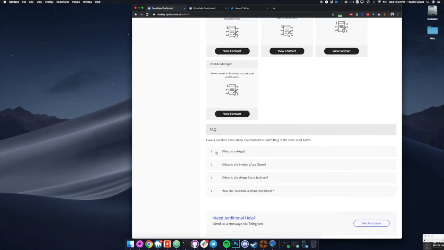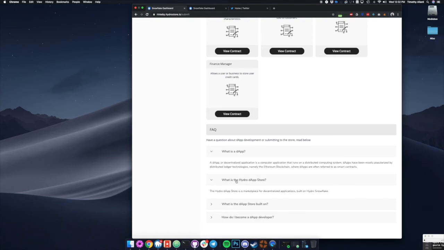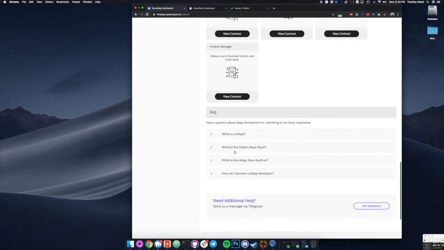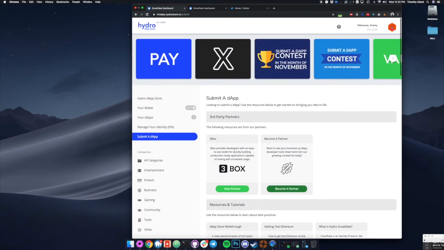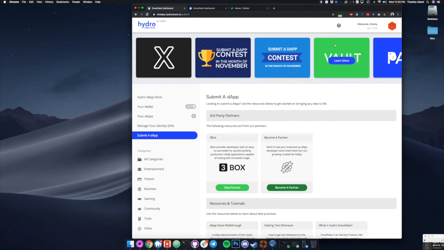Along with that, we have our frequently asked questions, which are pretty standard and straightforward, where we have a couple questions that we predetermined and filled out. At the top up here, they're tile placeholders right now, but there's a lot of things that we're working on. We have a backlog of things, but I really want to make this a way that any developer can say, all right, I want to feature my dApp up top for X amount of Hydro, and it'll take it from their balance and put it into Hydro's